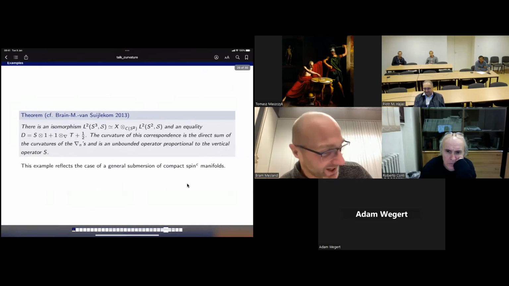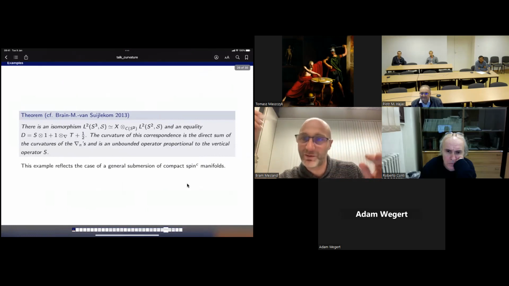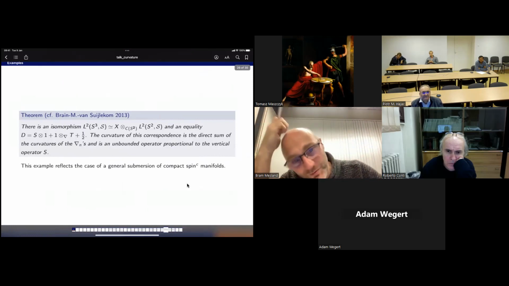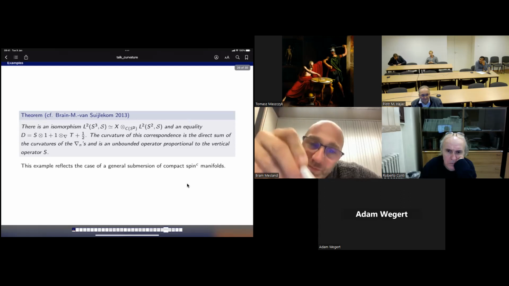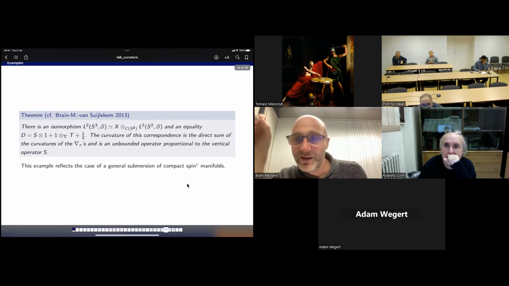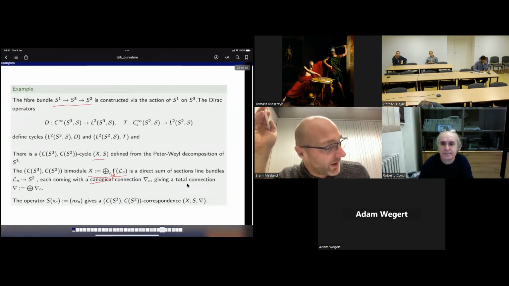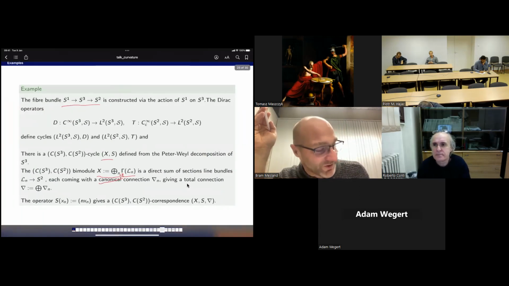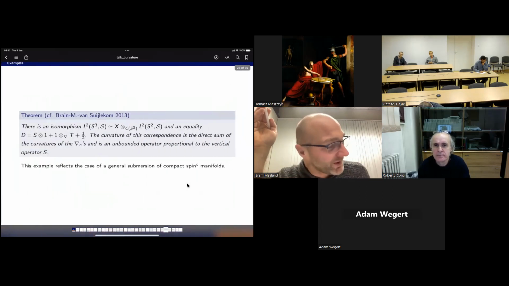So we want this relation between the two Dirac operators, which in this case is this S tensor 1 plus 1 tensor nabla T. That also forces what you have to choose for the nabla N. And then you have this error term of 1/2, which is related to the intrinsic curvature of the Hopf fibration. These line bundles have increasing Chern numbers, and so what you will always see, whatever sequence of connections you choose here, is that